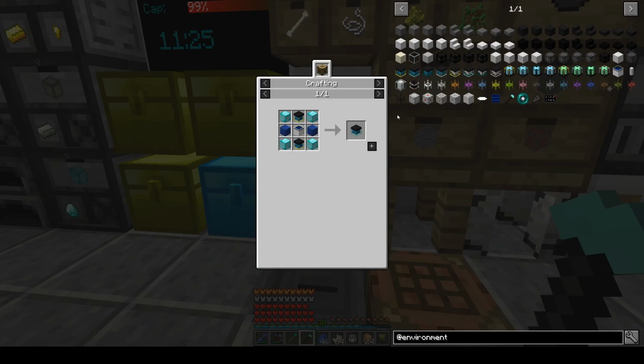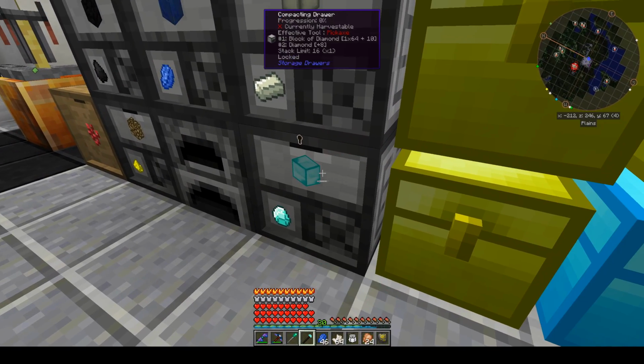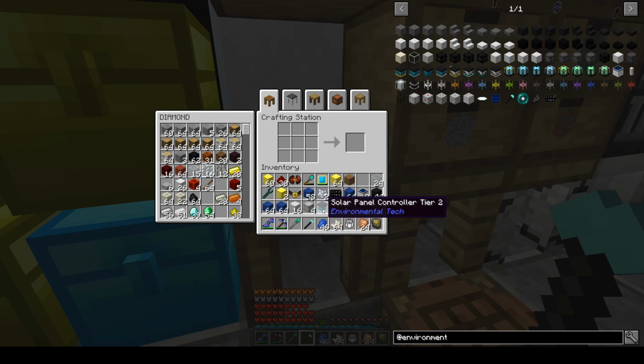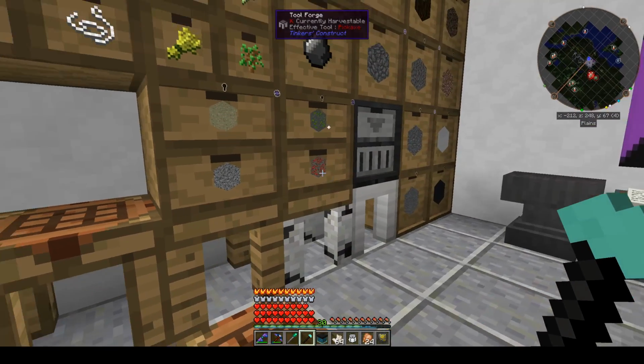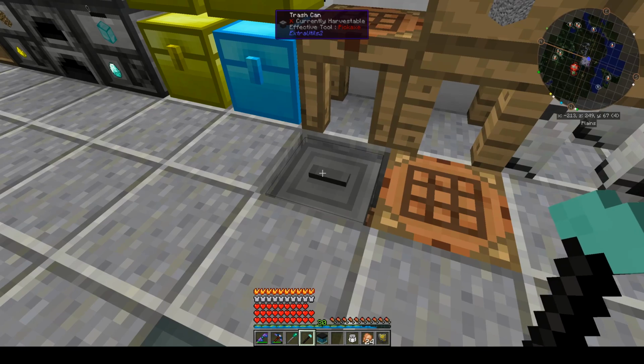So I think, except for the diamond blocks, we grab those. 1, 2, 3, 4. Should have everything we need to make a tier 2. Yay! Now let's place this down. Got a whole bunch of stuff in my inventory that I'm going to put away for right now, and I'll